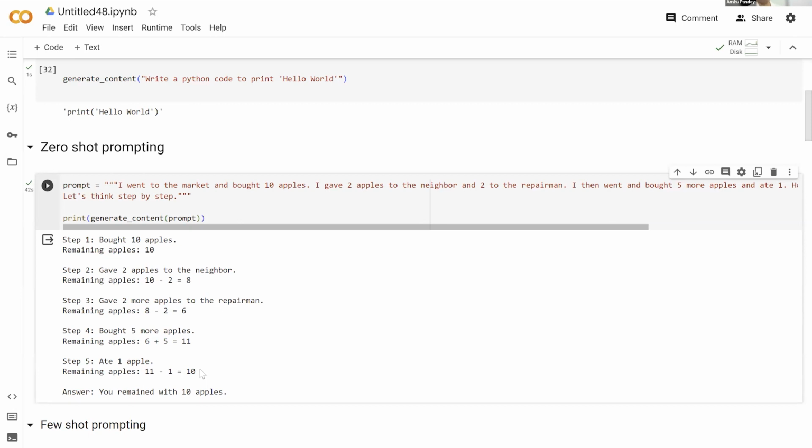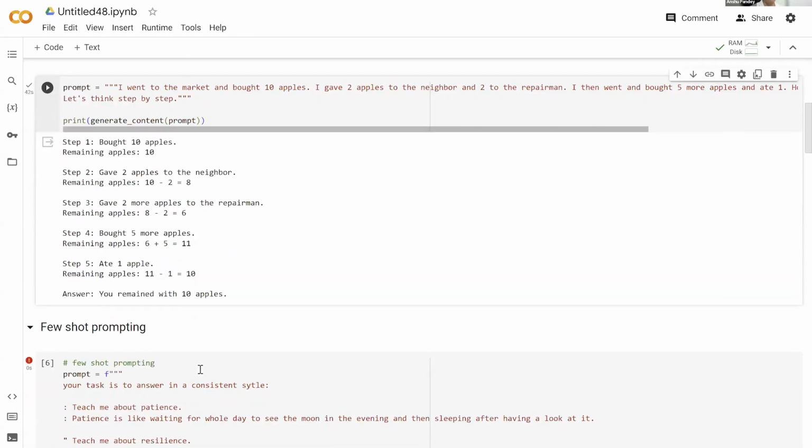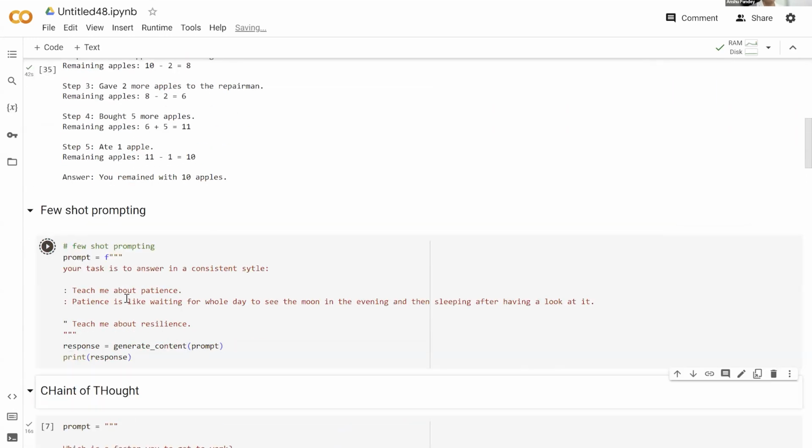Now, you do not provide an example in terms of how to solve, and you expect the generative AI engine to solve it for you. That's an example of zero-shot prompting. Whereas few-shot prompting is where you already provide an example. Via this, you actually set the theme of what kind of context and approach that you want to use to